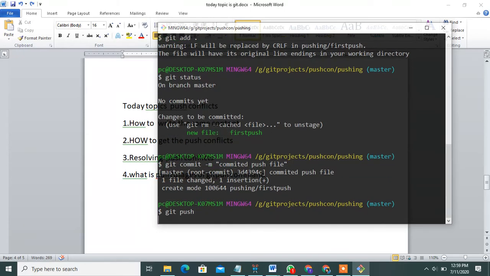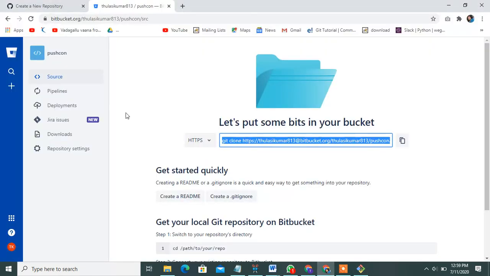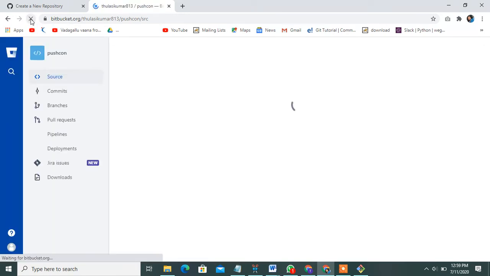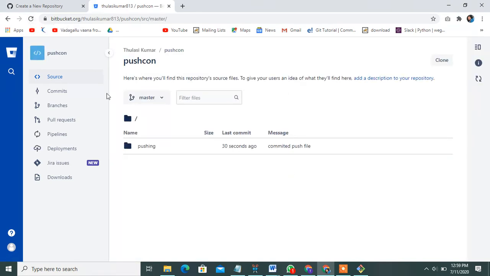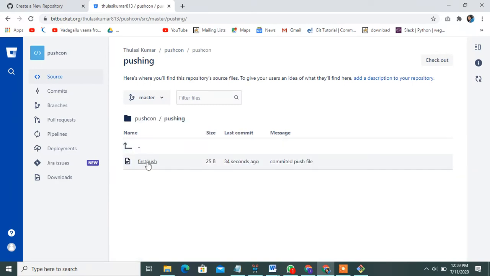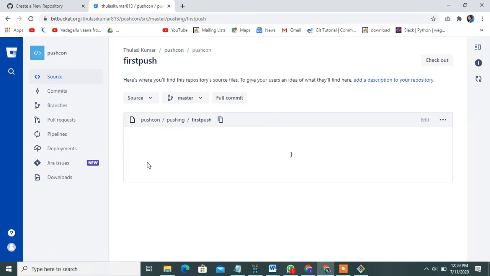Once you push it, it is stored in the central repository. Once you refresh it, see this, the pushed file is in my first project.